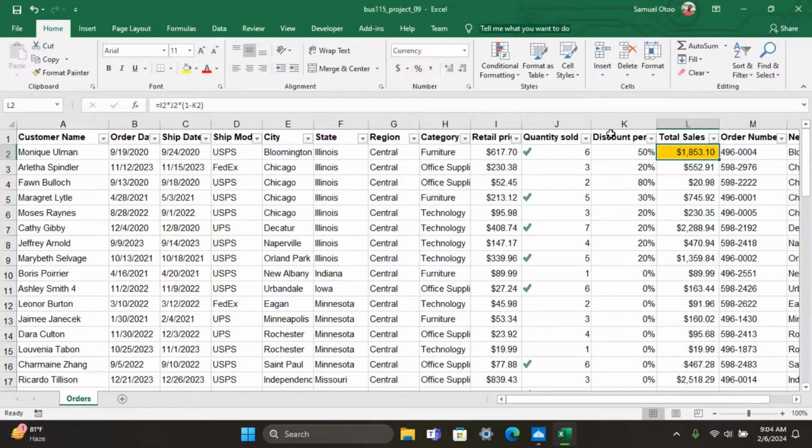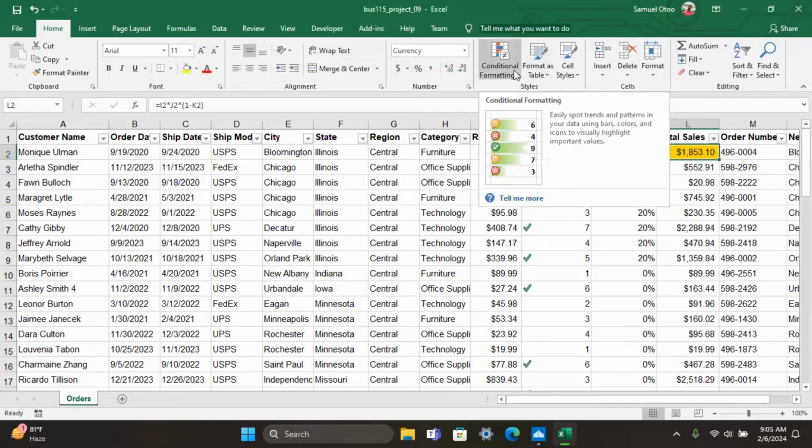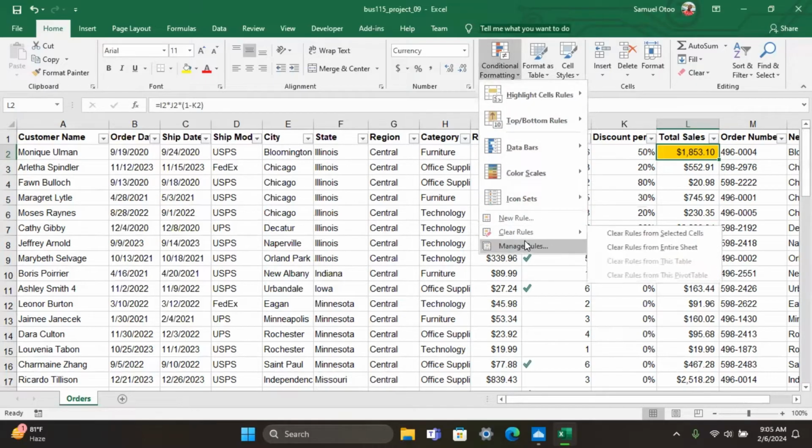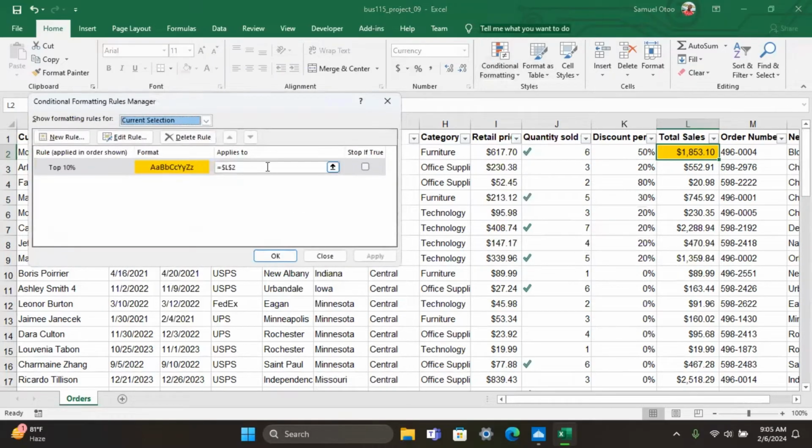Okay, top 10%. So we'll go to conditional formatting again. Make sure it is still selecting this verify. Okay, so we'll go to manage rules, and then you can see it's applying to only this one. Okay, so just like we did for